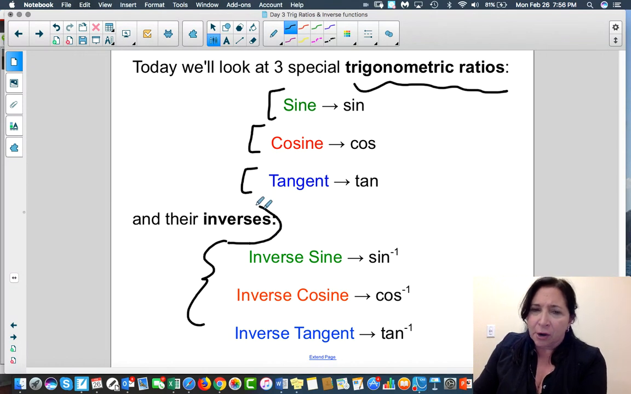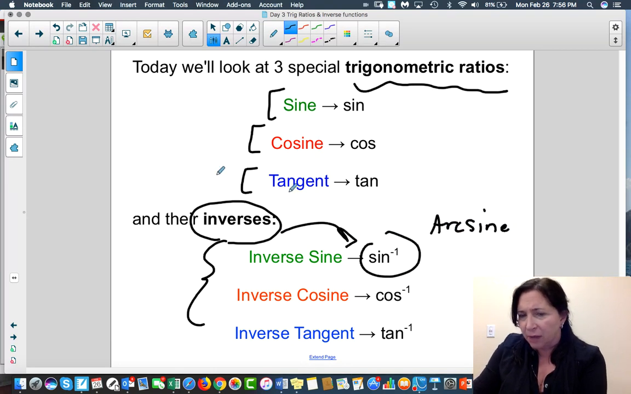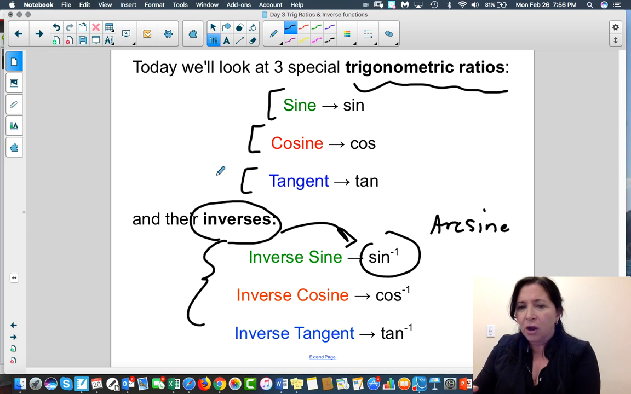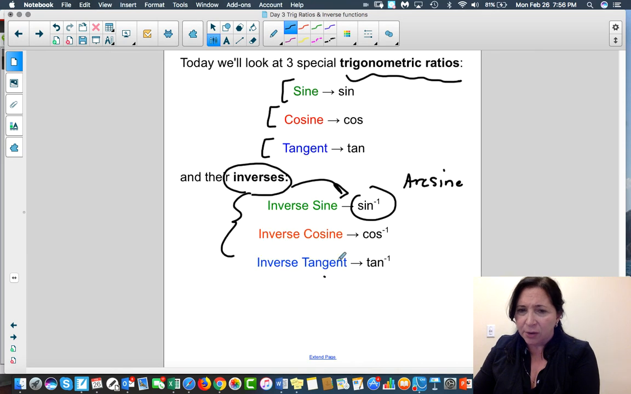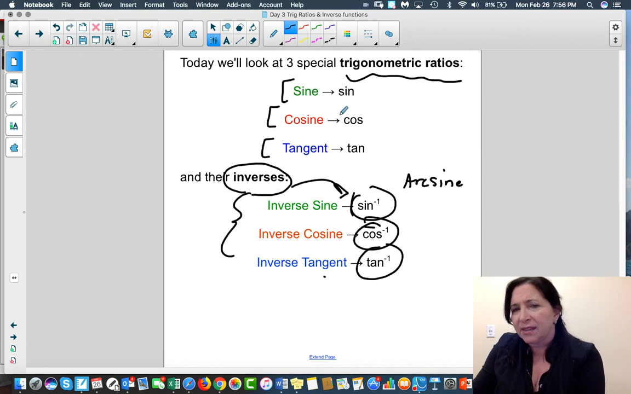We know that they are inverses, but when I see this, I'm going to say arc sine. So I'm saying arc sine out loud. I'm saying arc sine, arc cosine, arc tangent. That's what I'm actually saying out loud. But what I'm writing is this. That's arc sine, this is arc cosine, and this is arc tangent. So I'm going to get to that in a minute, but right now, we're going to look at the